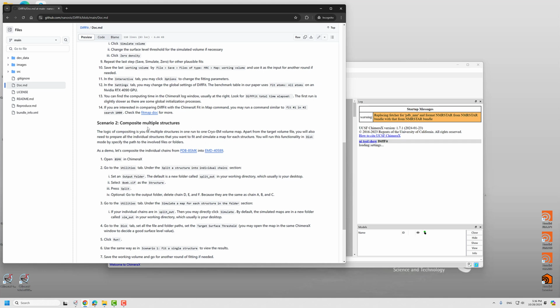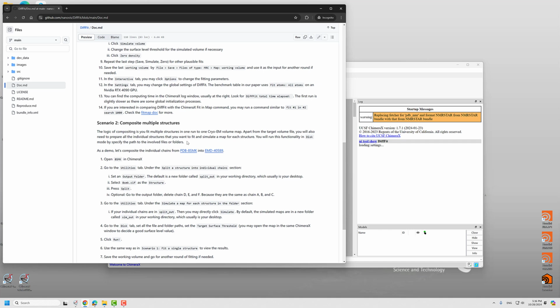So if you are really compositing individual smaller subunits, then you might also need to prepare them by splitting them from a large complex. So we will use the example PDB 8SMK and its associated EMD map